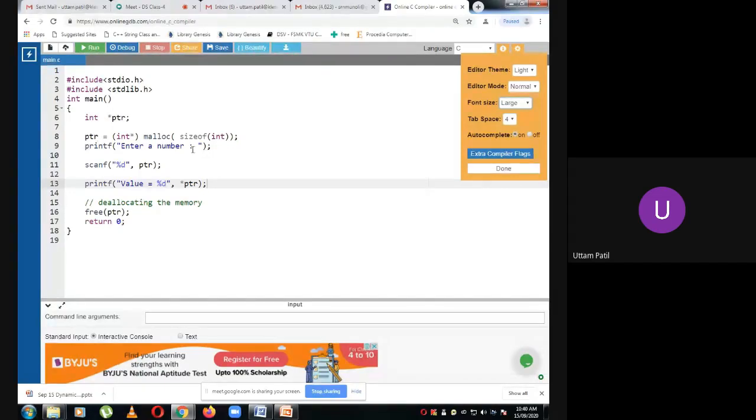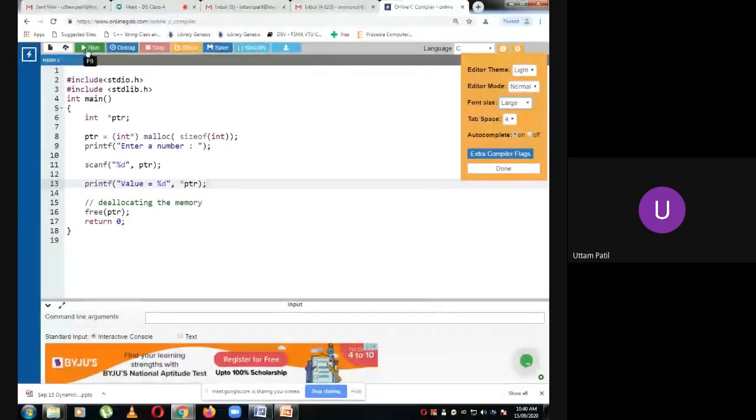Now enter a number, I scanf some number. Then the value of that number, whatever you have entered, is stored at value at PTR, which is star PTR. PTR will be holding the address of the new memory allocated. Then value at PTR will be displayed. Let's run this program.